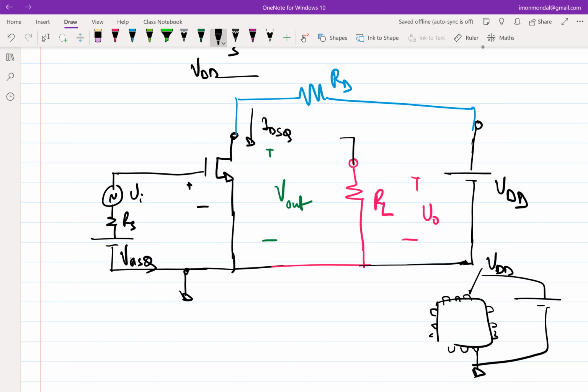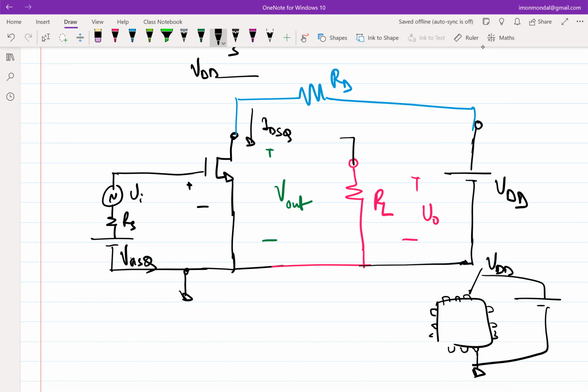So if that is true, then we can adjust the values of VDD and RD to ensure that the transistor is in saturation if the transistor is not already in saturation. Okay, so that can be done, that we know. We already saw it in the previous lecture. What needs to be done if this is not in saturation? VDD has to be raised or RD has to be decreased. Those things can be done. So this is as far as biasing is concerned, but it still doesn't solve the problem, because we want the